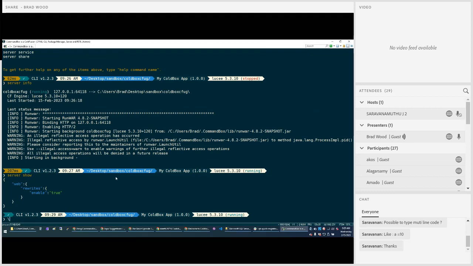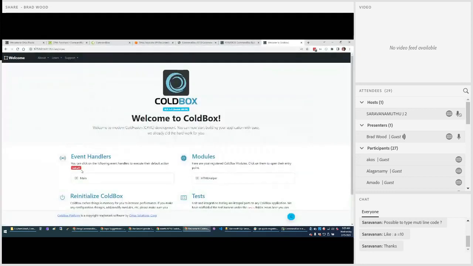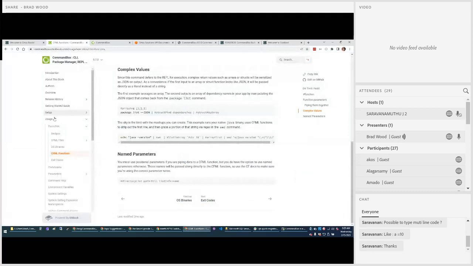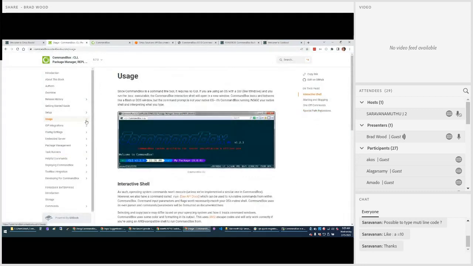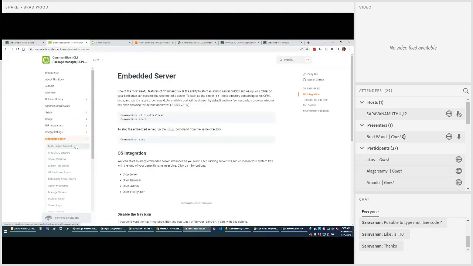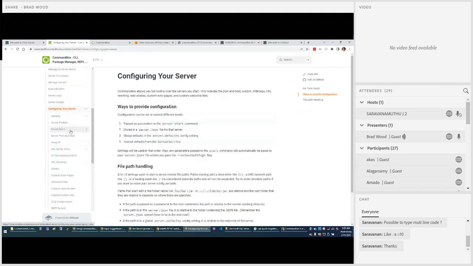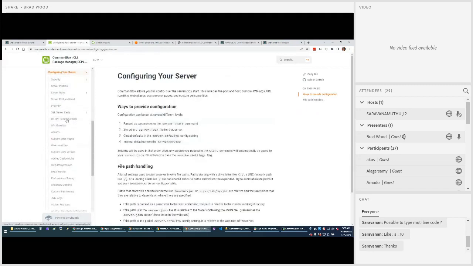There's so much stuff to talk about with servers. I don't even know where to start because we're basically at the end of our time. But if you're asking yourself, is there a way to set XYZ? The answer is basically yes. If you go to the embedded server part of the docs, under configuring your server, this covers everything you can